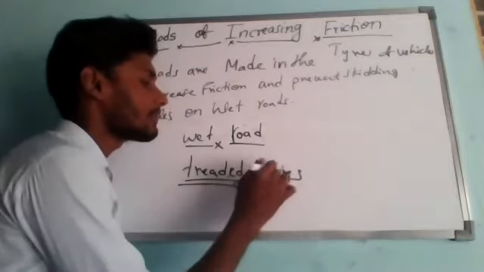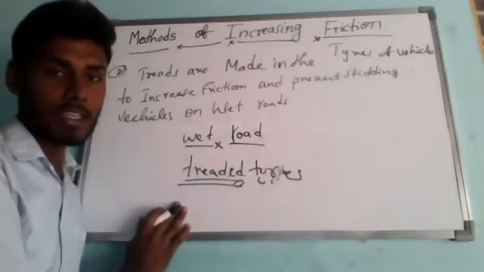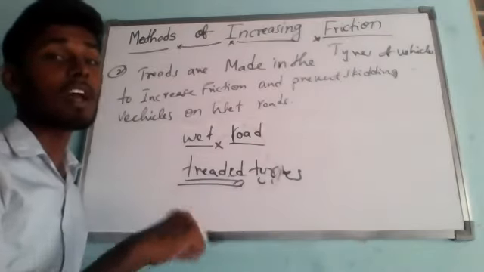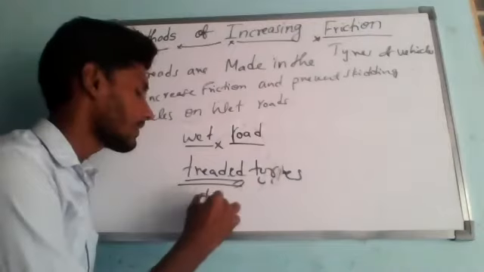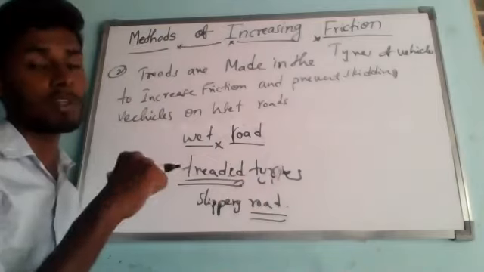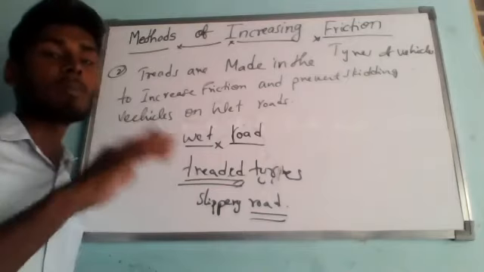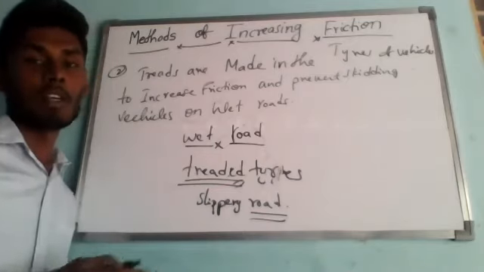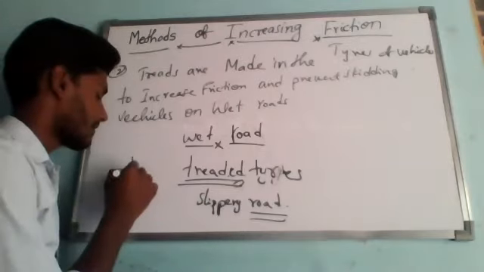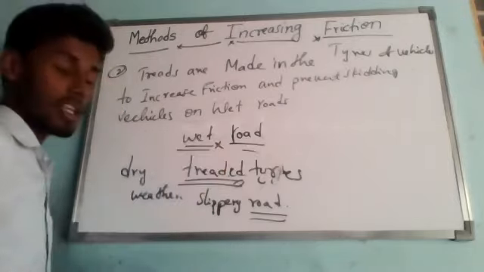Treaded tires of cars, buses, trucks, motorcycles or scooters and bicycles provide better grip on the road, especially on wet and slippery roads. Due to the soil also, a few roads will become very slippery. So in this case, treaded tires will be more useful, and the risk of skidding will be prevented. These treads do not help much in dry weather, but they are more useful on wet roads.